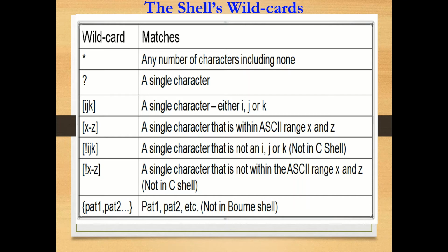Exclamation symbol i j k, a single character that is not i, j or k, and it is not working in C shell. Exclamation symbol x-z, a single character that is not within the ASCII range x and z. This is also not working in C shell. In curly brackets you can type pat1, pat2 etc. This is working, but it is not working in the Bourne shell. These are simple examples of the wildcards and their corresponding meanings in Unix.